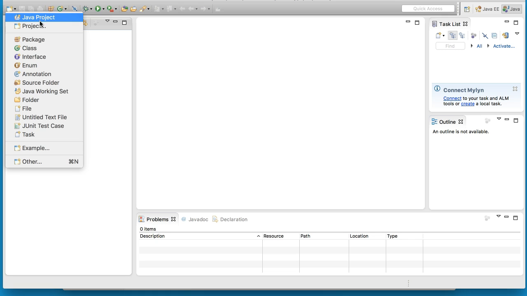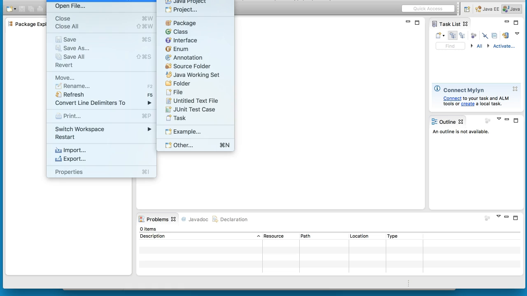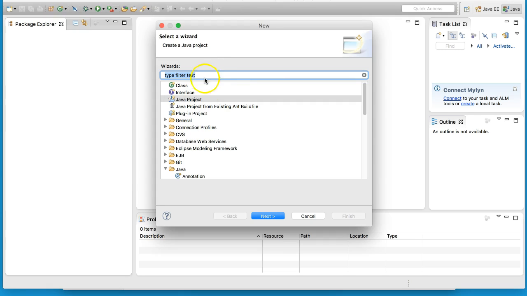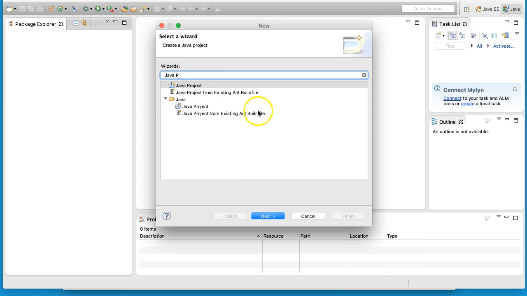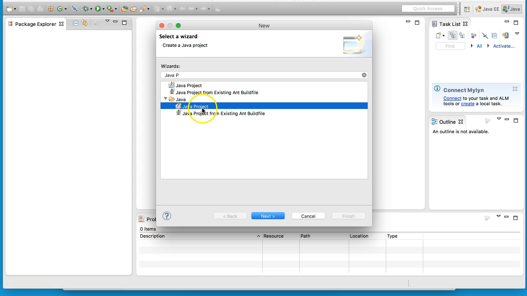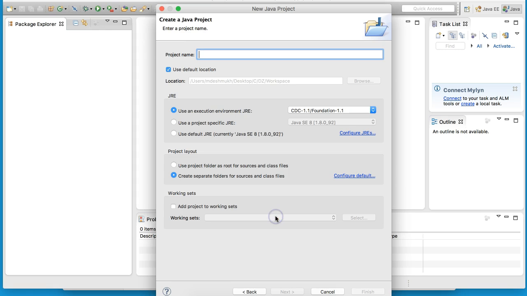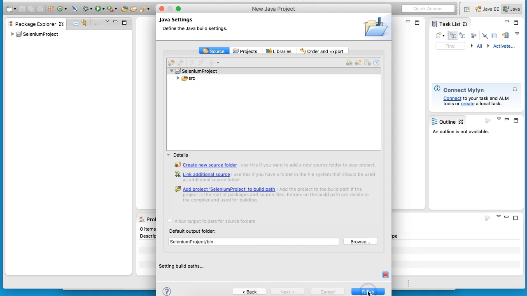If you're not seeing the option as Java project in the list, you can go to File and New. From that place, go to Others. In Others, in the filter, just write Java project and right over here you will see an option to create a Java project. So click next, give your project a name. I'm going to say Selenium project. Click next, at this point click finish,